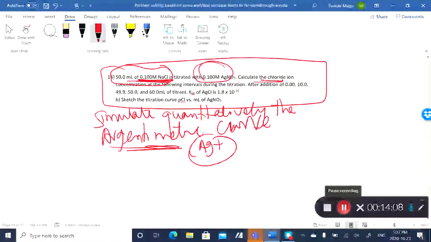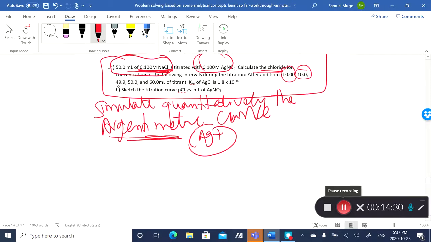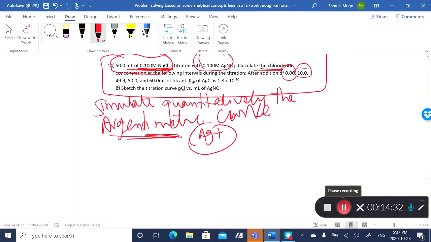And the intervals are, after I've added only 0.00 ml of the titrant, the silver, after I've added 10 ml, after I've added 50 and so on. And the idea here is for you guys to see the theory behind the titration that is taking place. Okay? So if you're given a problem like this, the first thing you need to do is to calculate